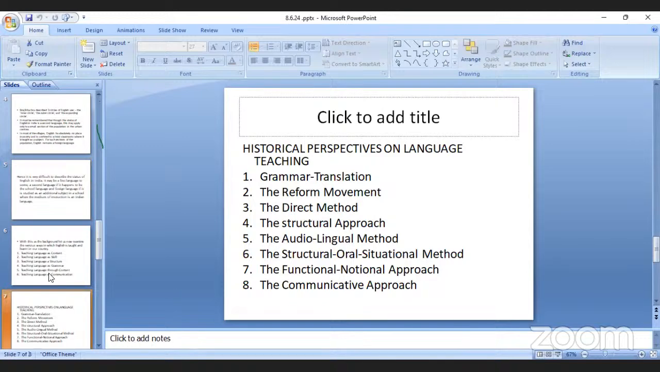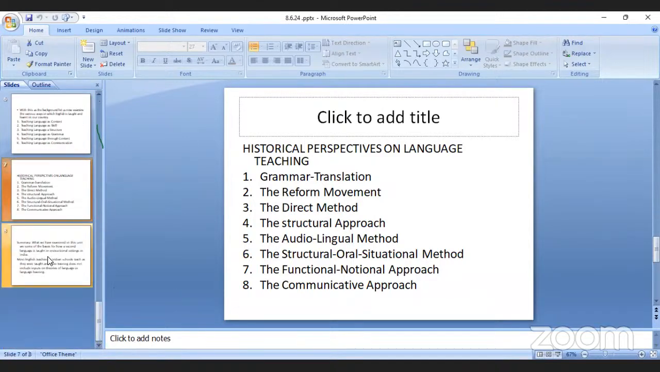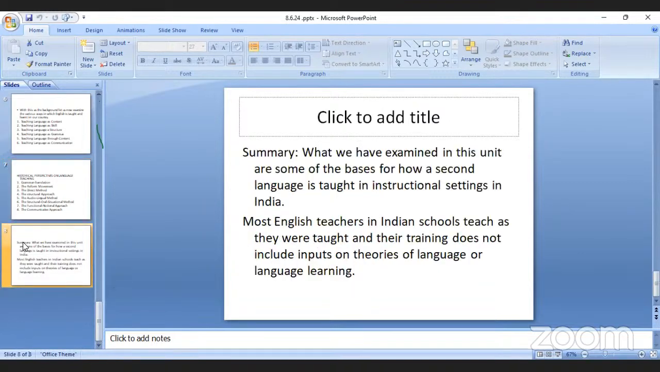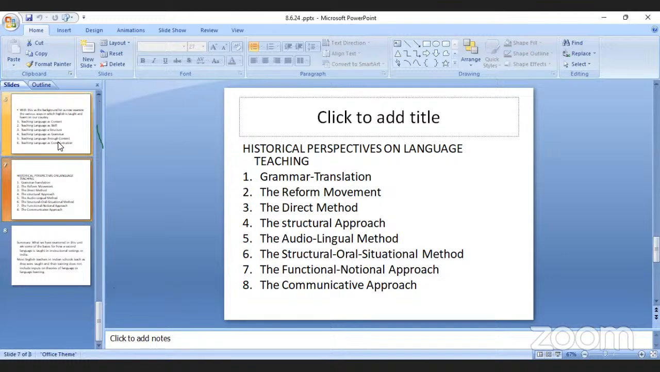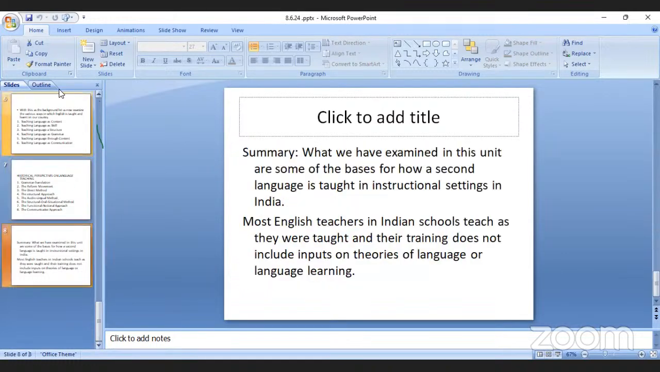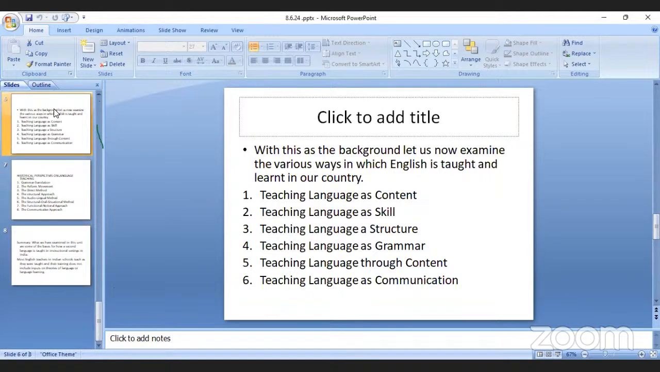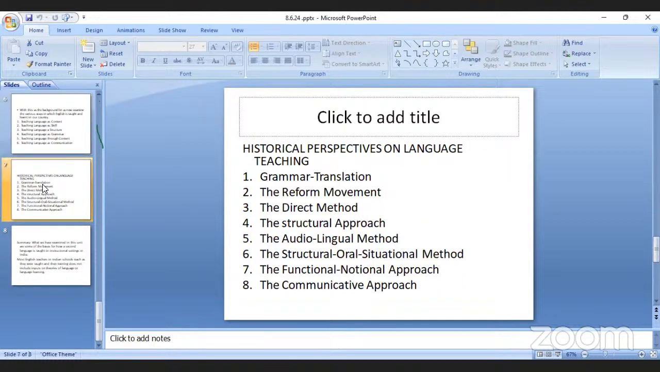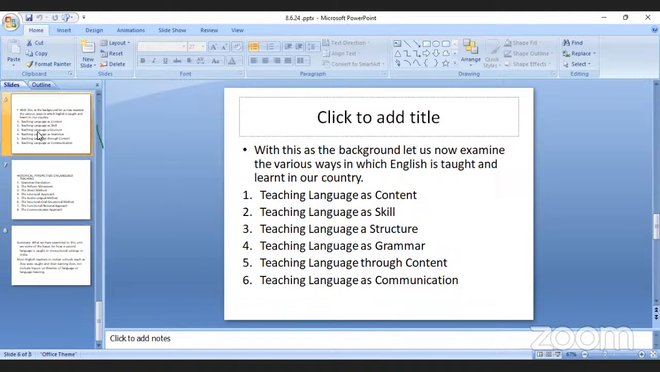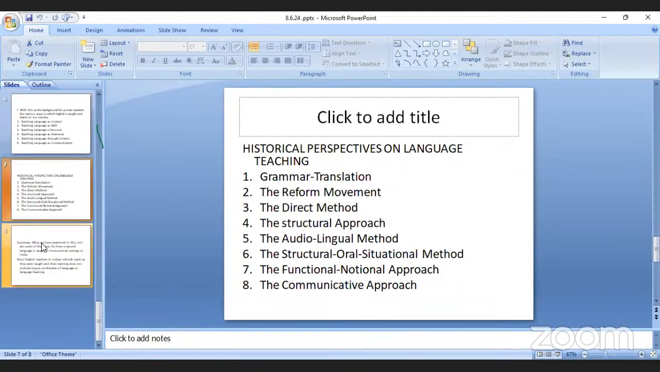In the second unit, right? Oh, okay, yeah, only 2 questions, guys. Sorry. In the second unit, only 2 questions are there. The different ways in which English is taught and learned, and the second question is historical perspectives. So, 6 for the first question and 8 for the second question. You can go through the unit for the elaborated